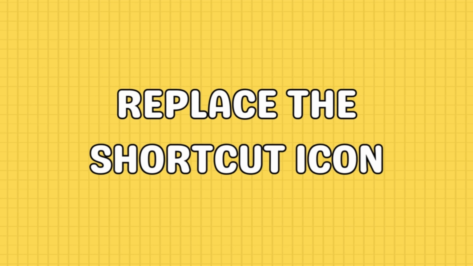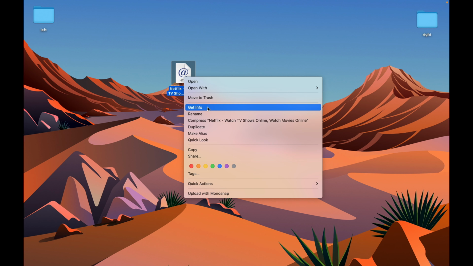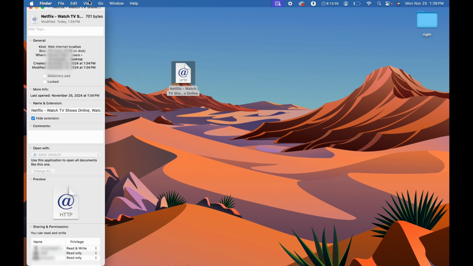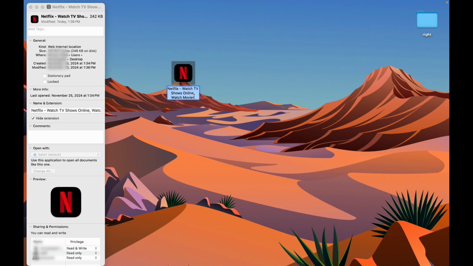Next, we are going to replace the shortcut icon with the one you just downloaded. Command click or right click on the Netflix shortcut and choose Get Info. Now go to the downloads and drag the nicer icon into the top left corner of the info menu to replace the shortcut icon. You can also rename the shortcut to just Netflix instead of having a long name or